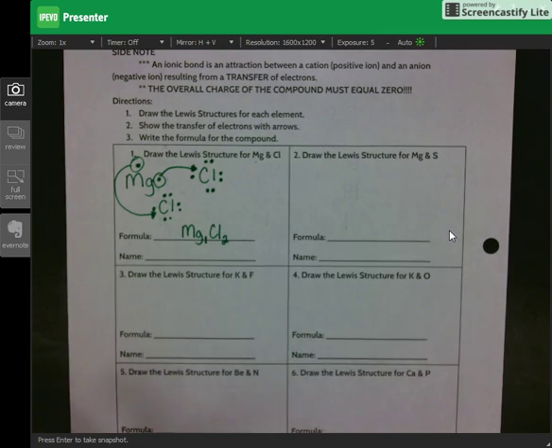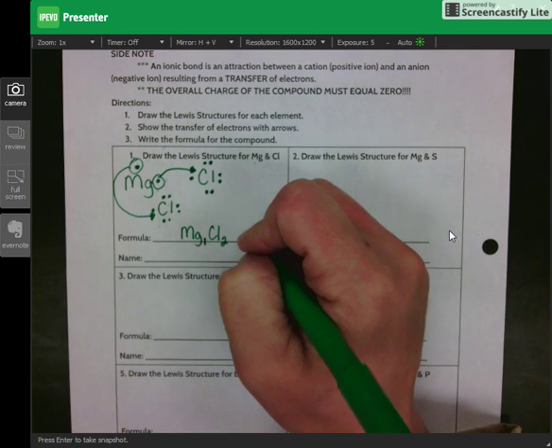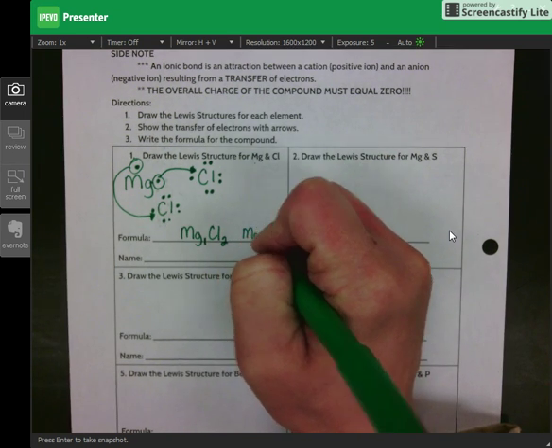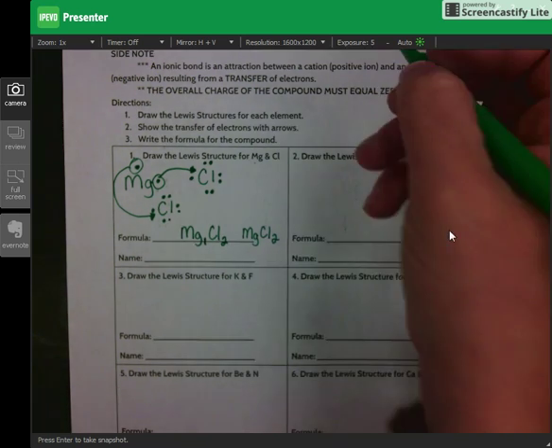Now, here's one thing you need to know about writing formulas. First of all, you can leave this one here. However, you will never really see me write Mg1Cl2. Whenever we have a subscript of a 1, we just ignore it. We assume by just having the symbol for that element there that you have one of them. But if you have multiple, you need to put it. Okay. Now, in all of these on pages 6 and 7, the way that we name it, I'll write my